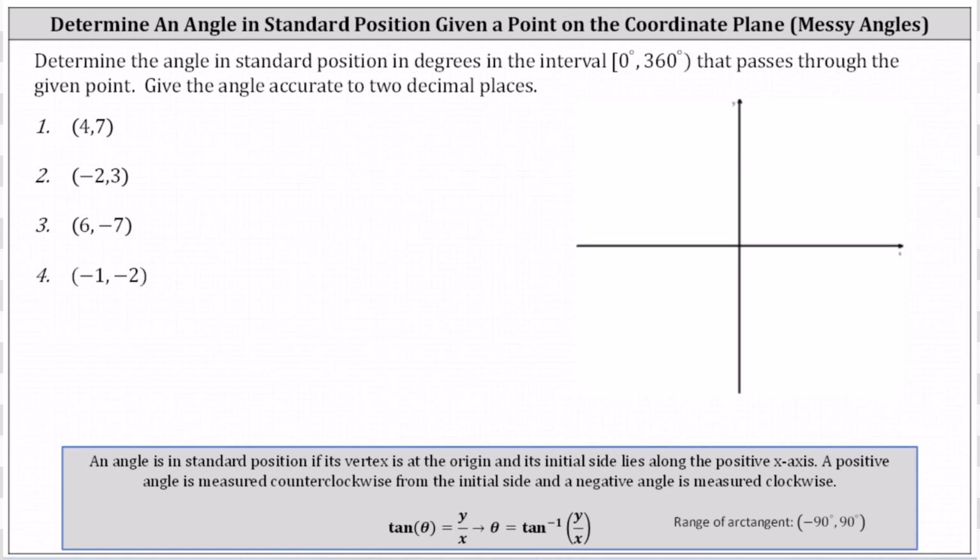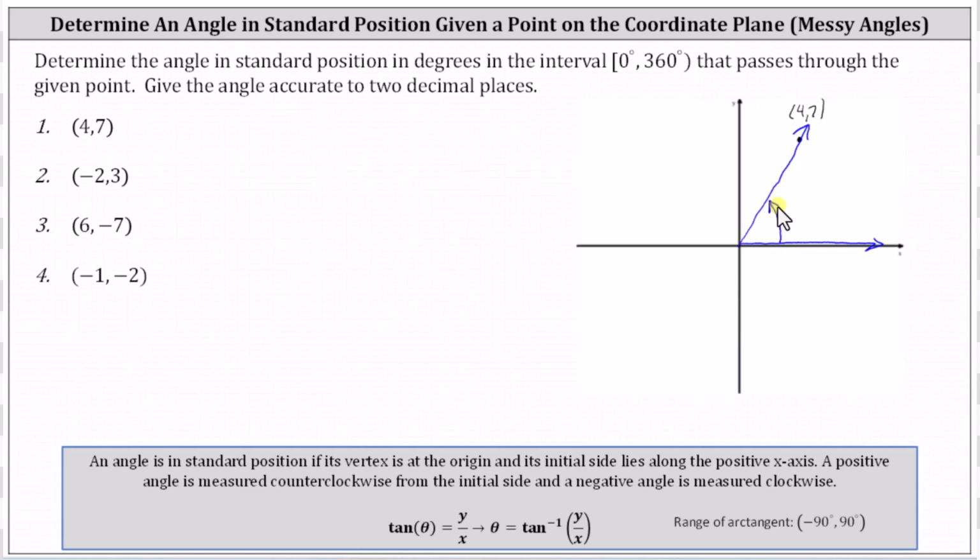Let's plot this on the coordinate plane. Notice (4, 7) is in the first quadrant. Let's just say approximately here. It doesn't have to be perfectly to scale. Because we're looking for the angle in the interval from 0 to 360 degrees, we are looking for the angle with the initial side along the positive x-axis and then rotating counterclockwise passes through the given point, which is this